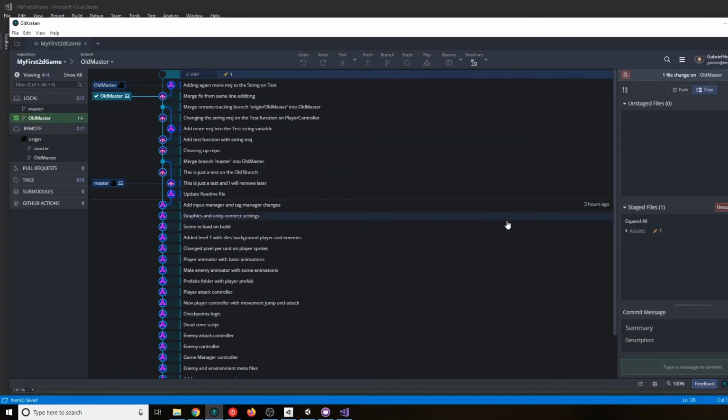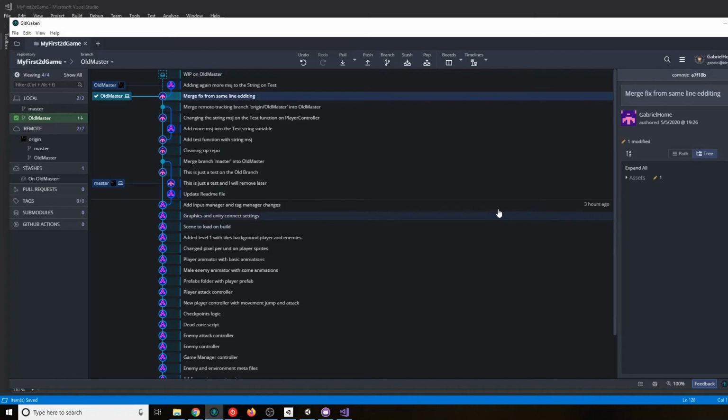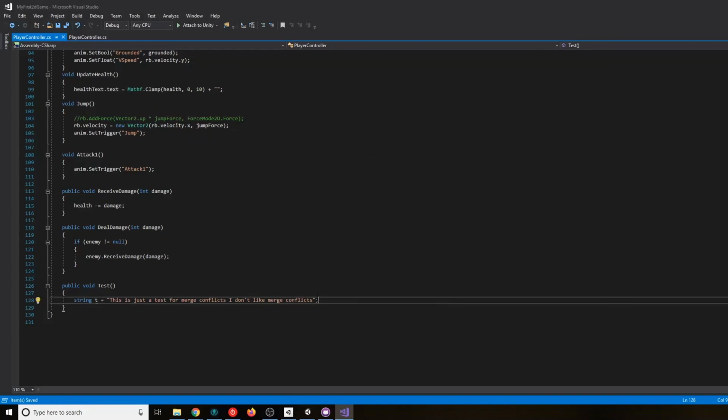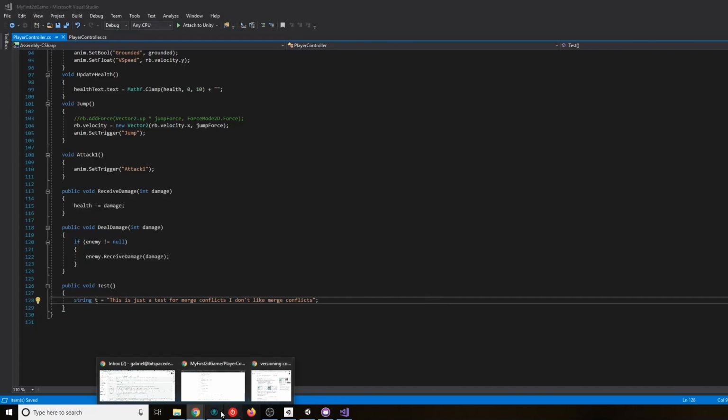So let's go ahead and I hit stash. I can see here work in progress on the old master, that's WIP, and I see here my stash on the old master, right? If we go ahead here, it will ask me, yeah, you need to change, and my changes are gone. So I'm back to normal. I didn't do any changes.